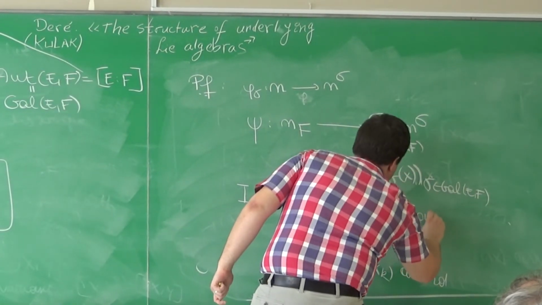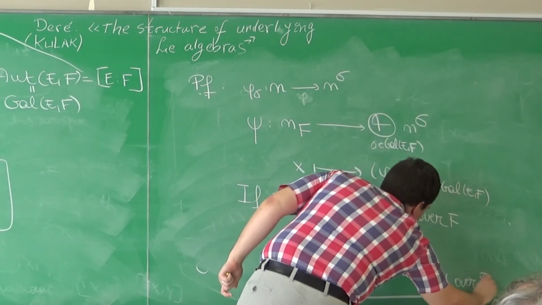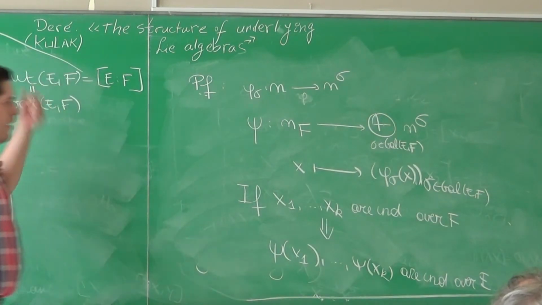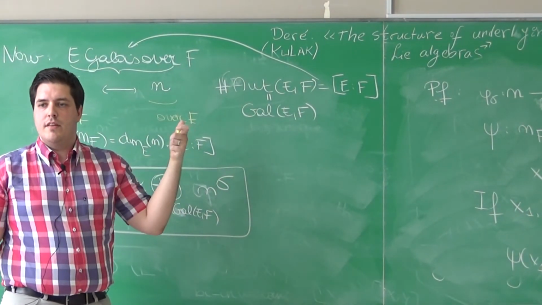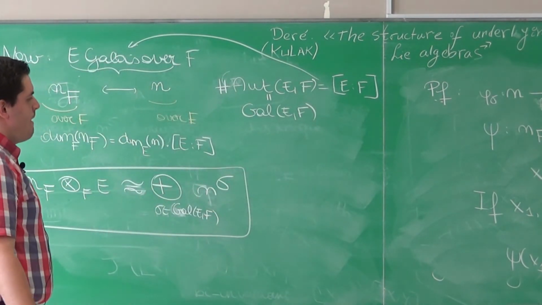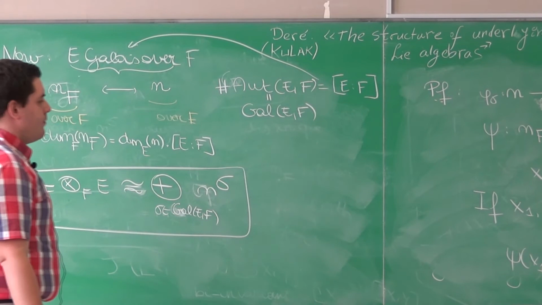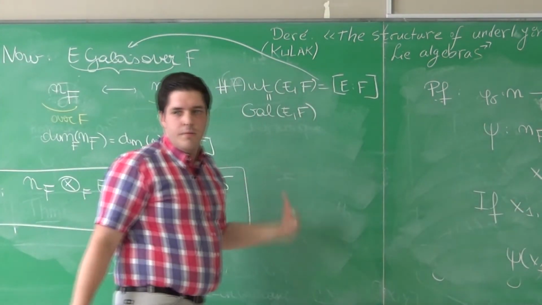And so this is over F, and this is over E. So if you take the underlying and you go to the bigger field, it always splits. It's never indecomposable. It's always a direct sum of ideals. Okay, and this is really the main tool, because once you have this, you show immediately that this